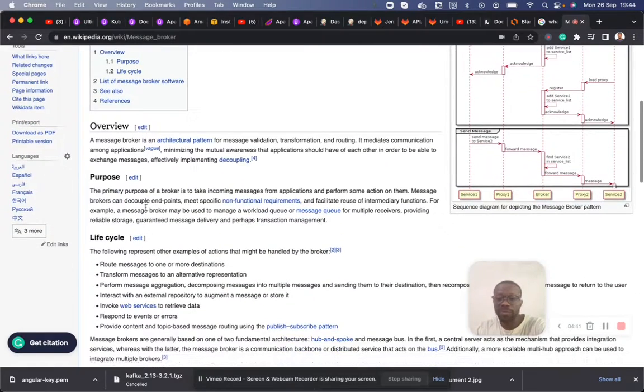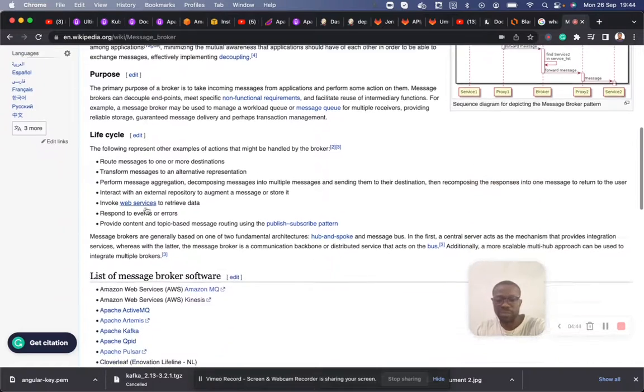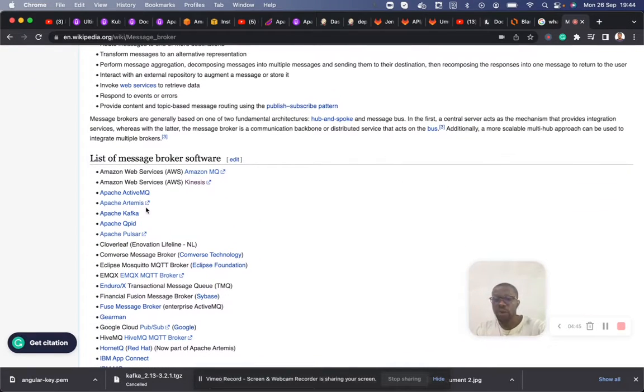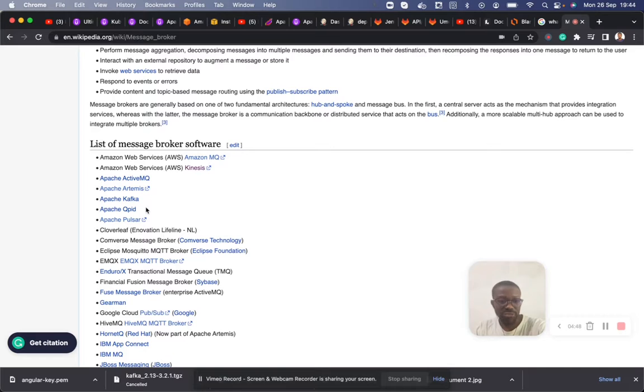We have a number of these message brokers, both open source as well as proprietary. On AWS, we have managed MQ, which is Amazon MQ, and AWS's own service called Kinesis. We have Apache ActiveMQ, Apache Kafka, Apache Qpid, Apache Pulsar, Cloverleaf, a lot.